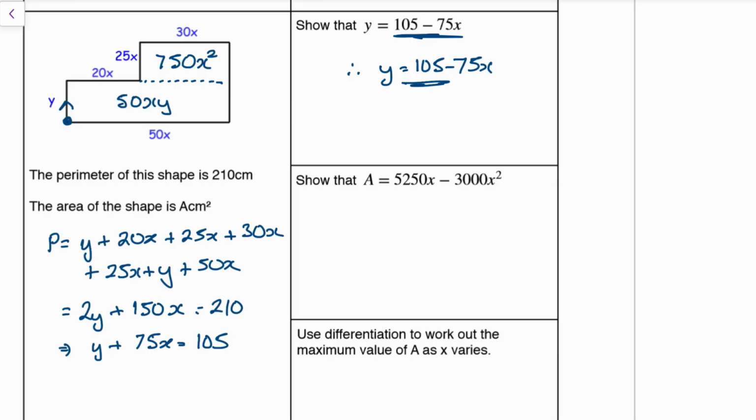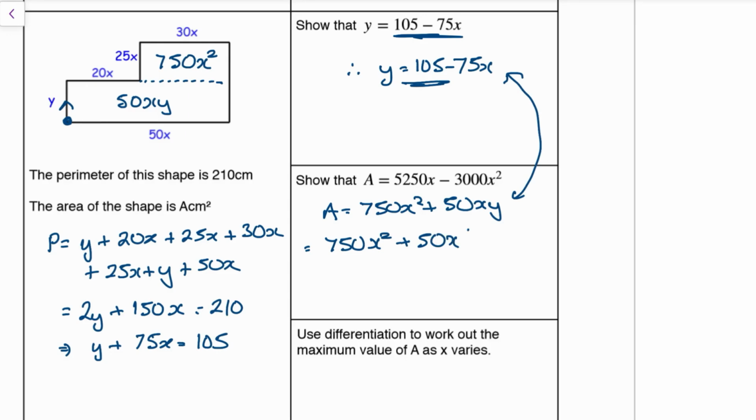Now, again, really typical setup here. You've worked an equation for y, and I've got an equation for the area, which you can see from above is going to be 750x squared plus 50xy. And I'm going to substitute the y from here into here. So let's do that carefully. Now, I don't have a lot of space here, so I might have to move out. So that's going to be 750x squared